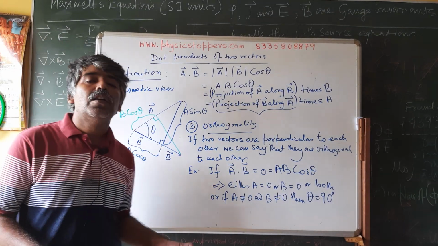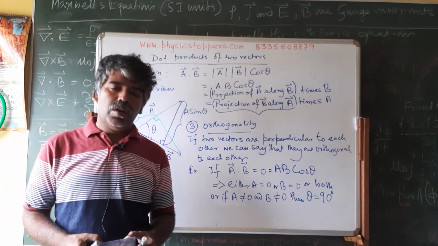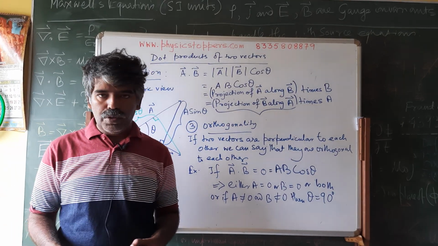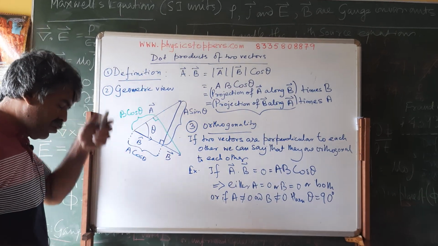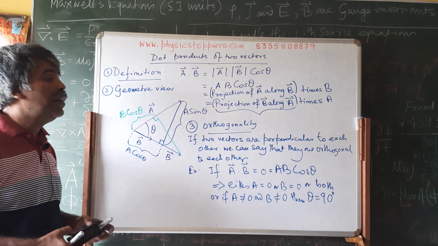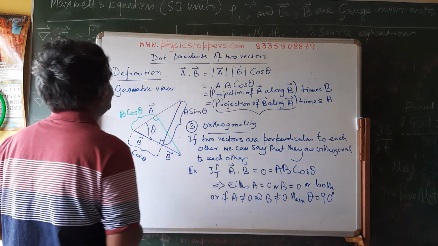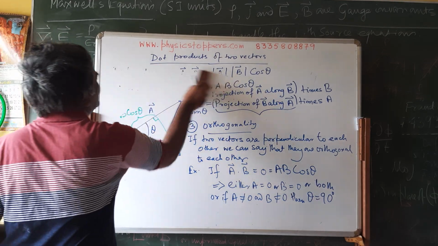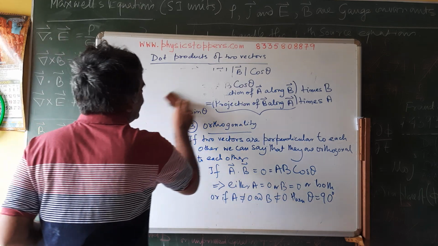You can check if they give you something like check whether two vectors are orthogonal or not. You just simply take a dot product of those two vectors and see whether the dot product vanishes. If the dot product vanishes, then those two vectors are orthogonal. Example, I am writing something general.